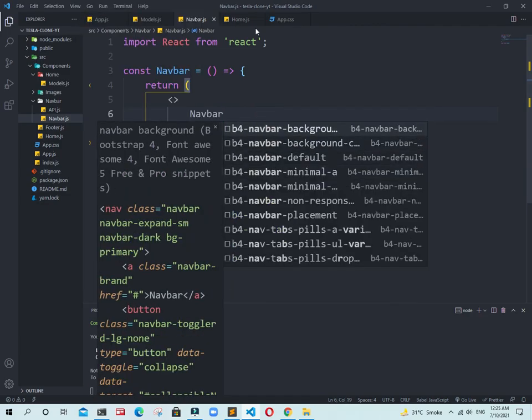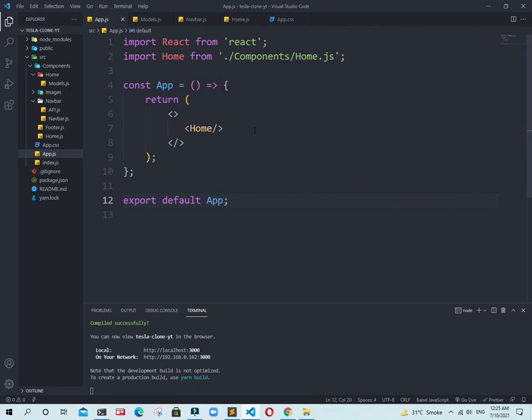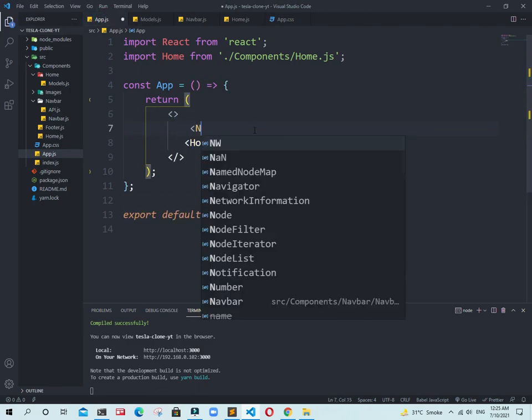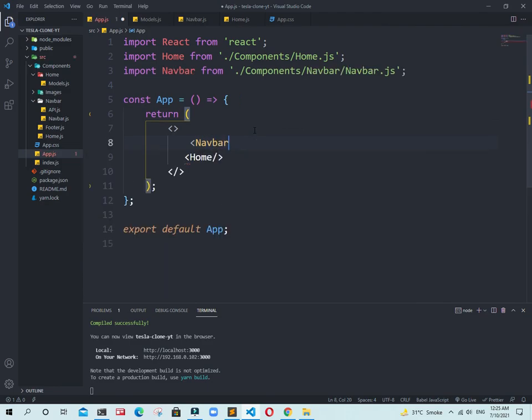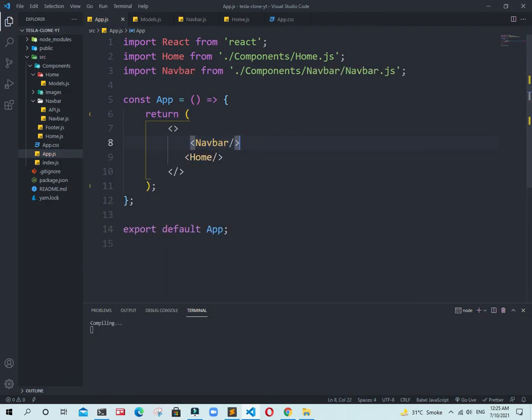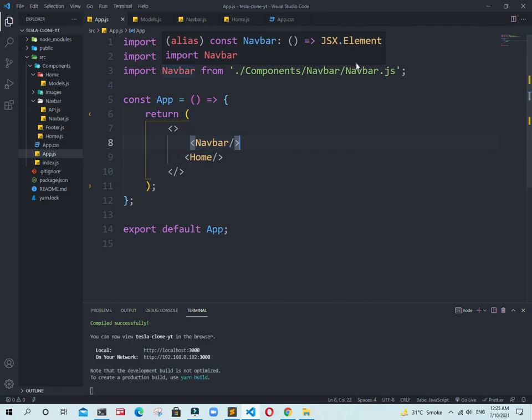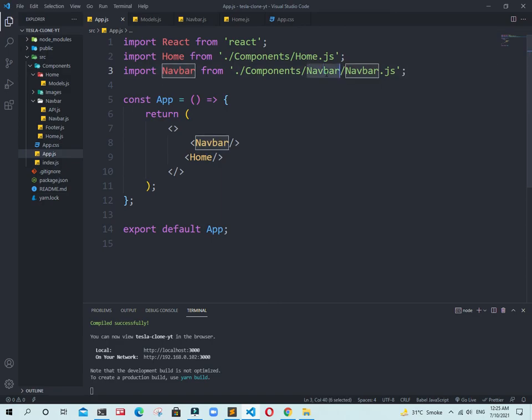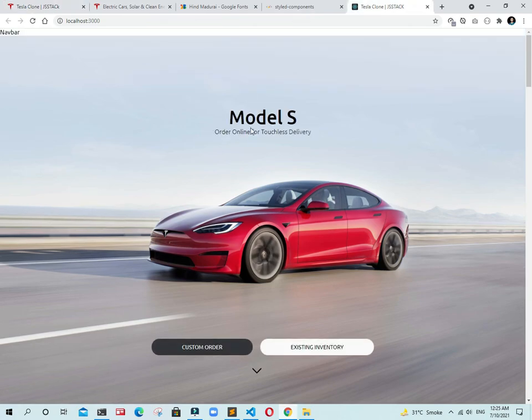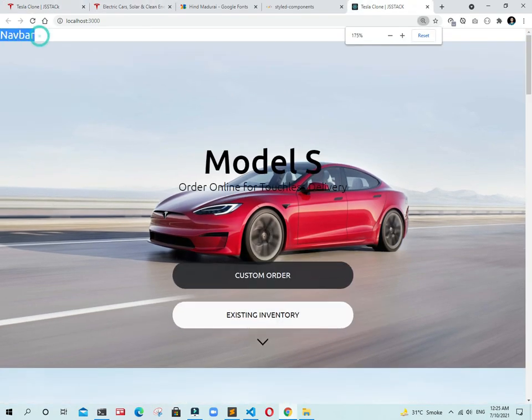We need to call this navbar in the app.js. I just type there Navbar, and it is automatically importing. It is the power of the extension that we installed previously. It is imported from the navbar folder, navbar.js. Now go there and it's displaying me a message, navbar.